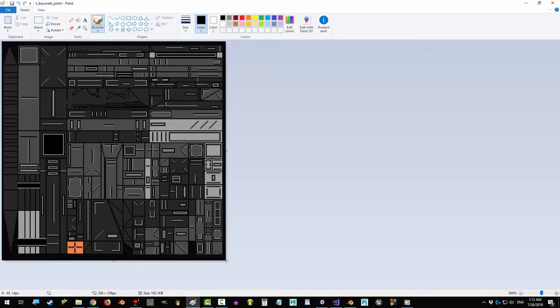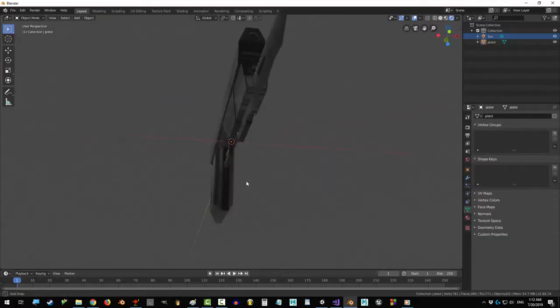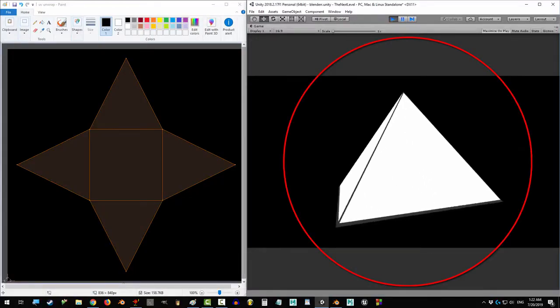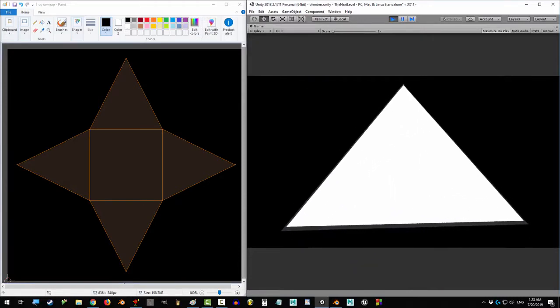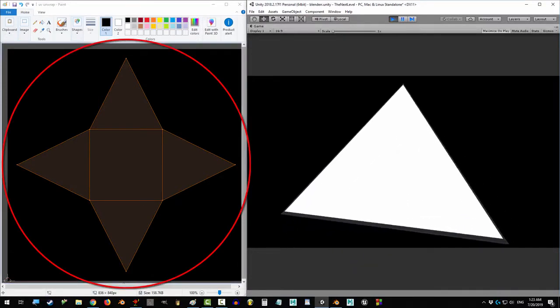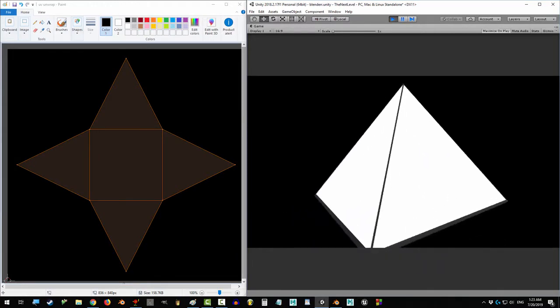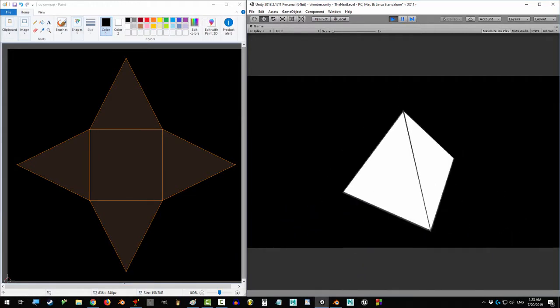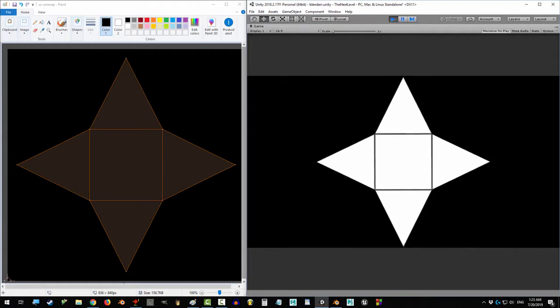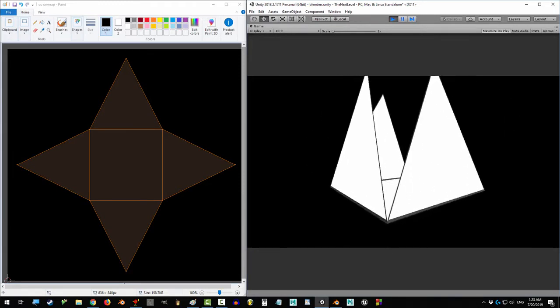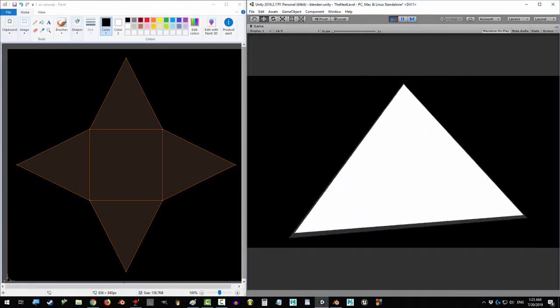Alright, let's do this. All you really need to know is that a UV map is the flat version of your 3D object. If you look on the right, you'll see a 3D object of a pyramid. And if you look on the left, you'll see its UV map. Now, if you're new to 3D, you might be wondering, how do we get this image from this object? But check this out. You see that? The UV map is just what the object looks like if you unfold it onto a flat